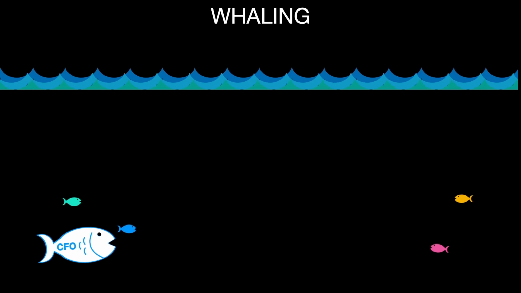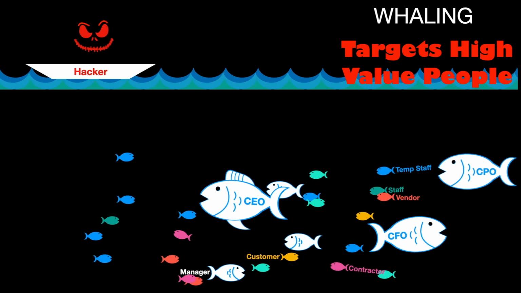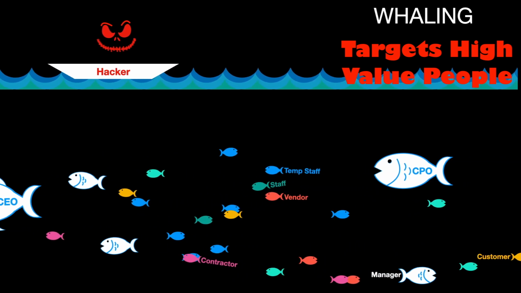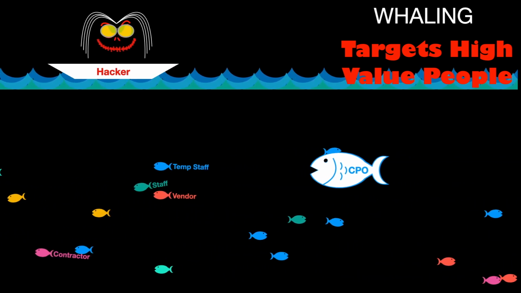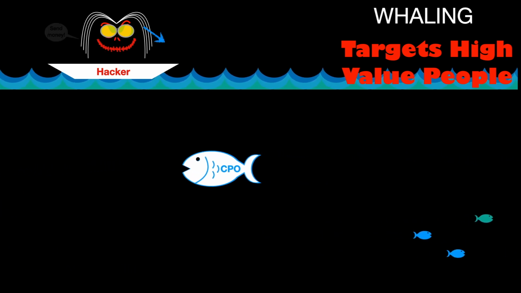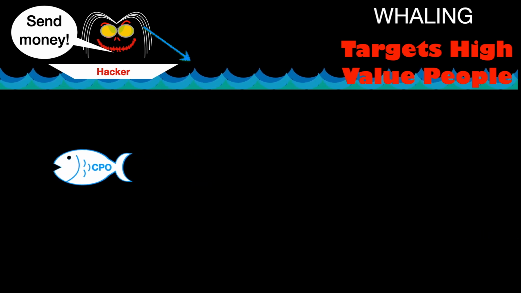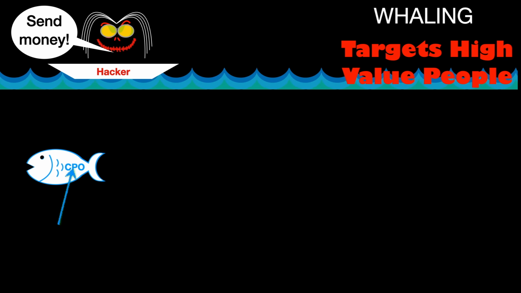Whaling is spear phishing focused on high-level executives or public officials. The attacker will typically try and pretend to be a peer of the target in order to increase authenticity of the impersonation. Whaling is typically focused on getting you to transfer money. So, if your organization does not have appropriate internal control policies for approving the transfer of funds, get them in place.